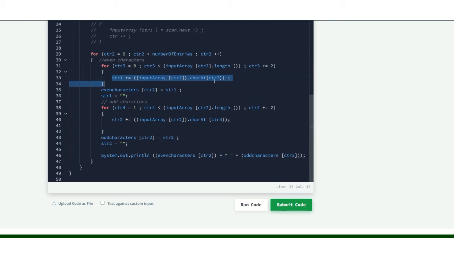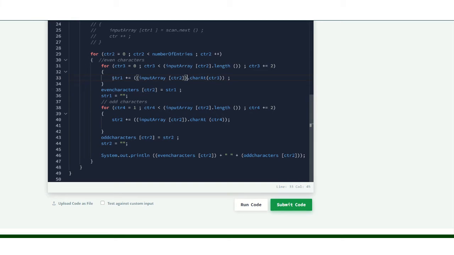Inside the for loop I am concatenating each even character from the input stored in the input array at this specific index, and I obtain the character at that spot using the charAt method. The charAt method requires one parameter, that is the position from which the character is to be obtained.